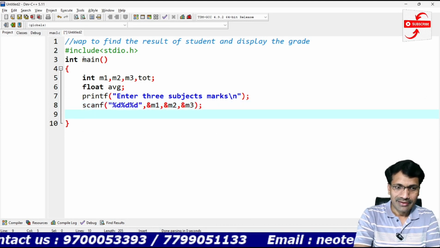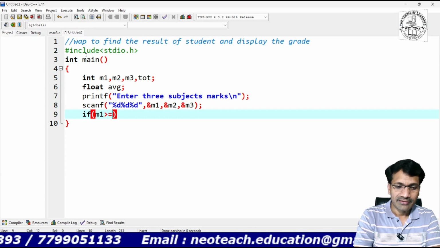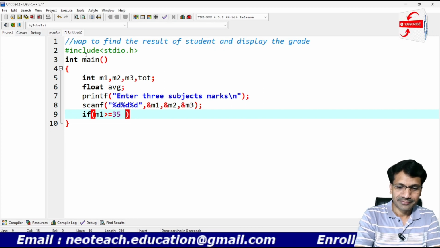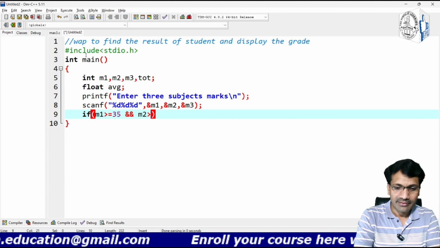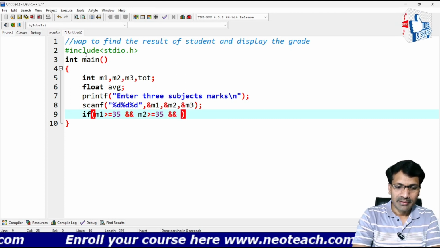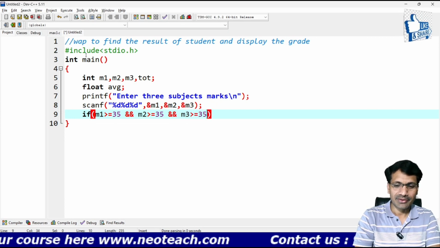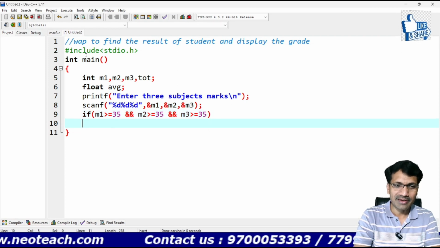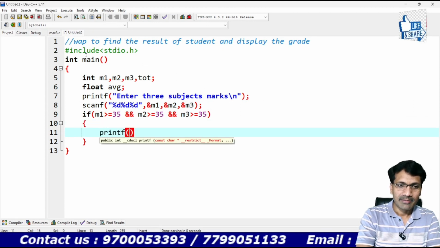Now, check it out, first, if marks 1 is greater than or equal to 35, and at the same time, mandatorily, marks 2 is also greater than or equal to 35, and at the same time marks 3 is also greater than or equal to 35. So, in all the subjects, if he or she got 35% or 35 marks or more, in that case what we can say, printf function,